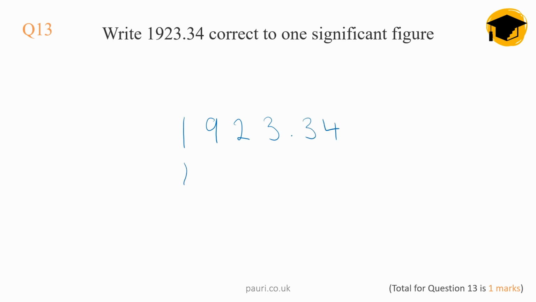1923.34, correct to one significant figure. Is the next place value 5 or above? Yes, it is. We need to round up, so that gets rounded up to 2000. Next question,